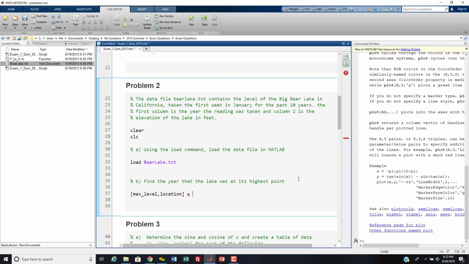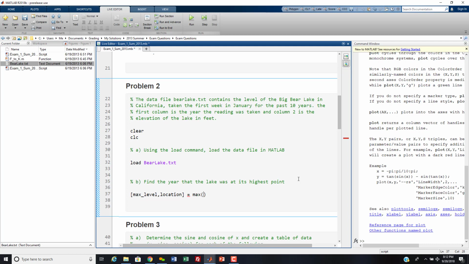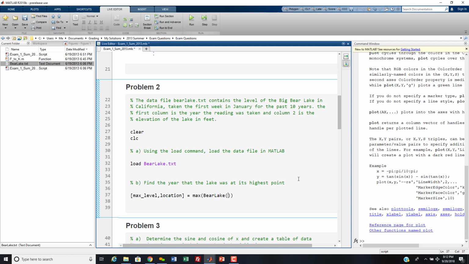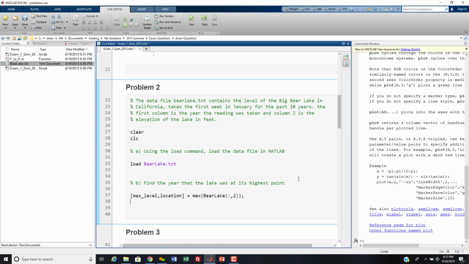We get the maximum value and where it's found, and we want to use Bear Lake, but we only want column 2, so we're going to look at all the rows in column 2, but that wasn't even close to what we wanted. All the rows in column 2, and we'll suppress that and then take the year at max